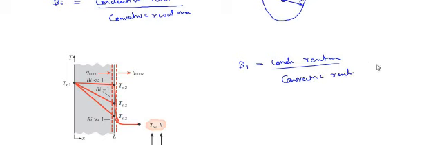Conductive resistance. Now, when the conductive resistance is very small, it means that conductivity is almost infinite. There is pure conduction and there is no resistance to the heat flow. So when the conductive resistance is very small, it means that the temperature gradient is not present. That is what we saw in the previous video, that when the conductive resistance is very small, the temperature gradient is not present. Okay, there should be a small temperature gradient, otherwise heat transfer is not going to happen, but still